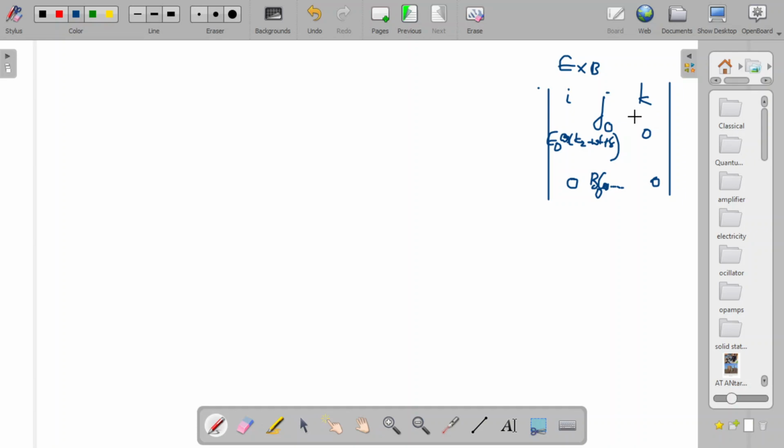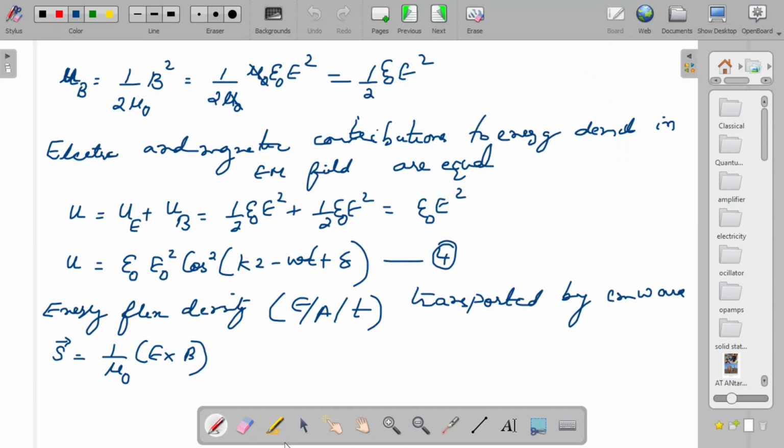Then you will only have a vector or component in the direction K, right? All the other terms will get cancelled, and we obviously know that if E is in the direction of I and B is in the direction of J, obviously E cross B will be in the direction of K, right? So then you will have a component K, which is E0 into B0 into cos square, obviously that. So I can write this Poynting's vector as